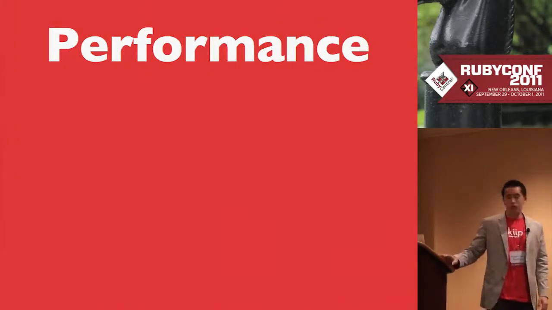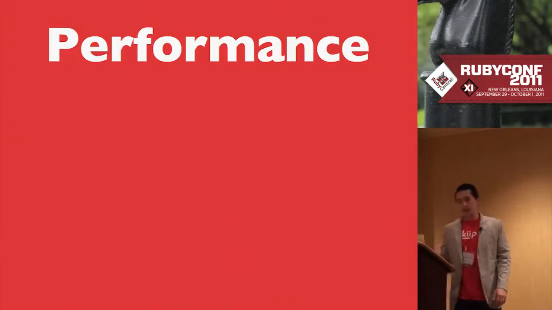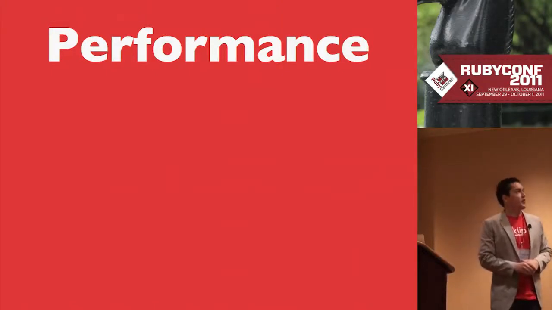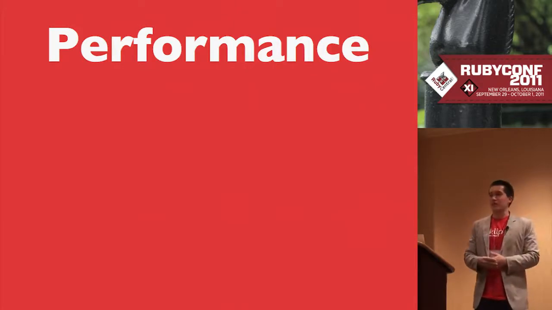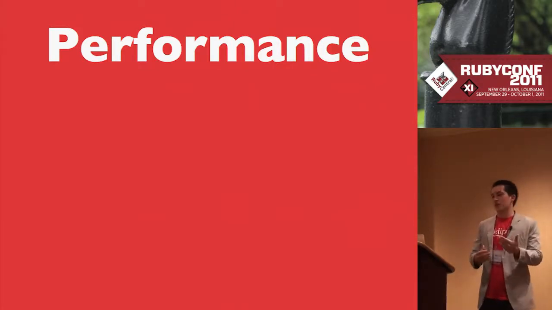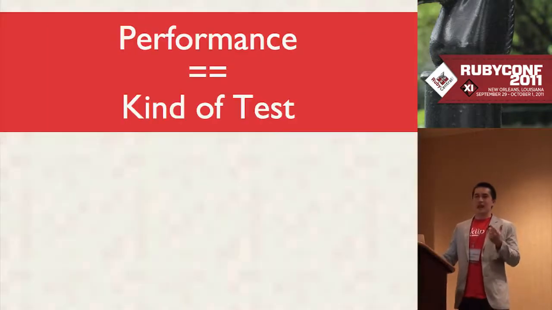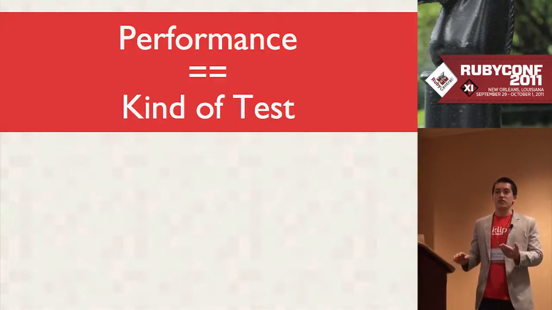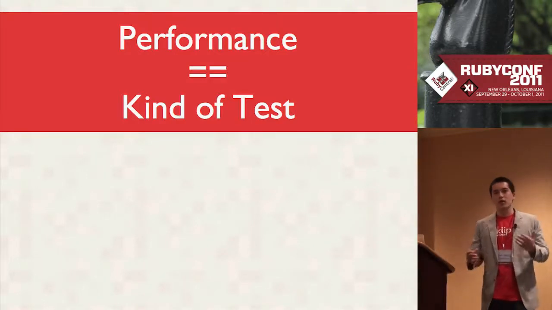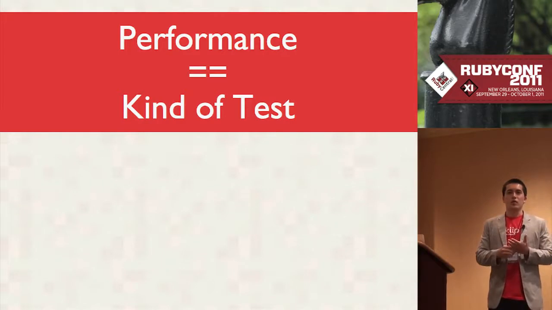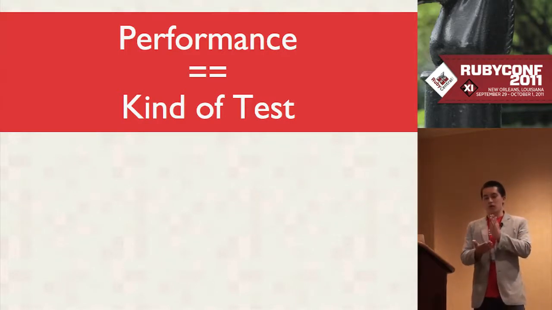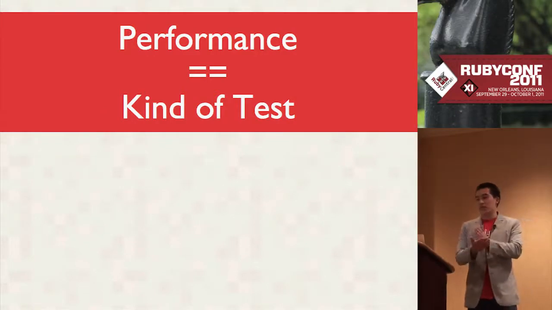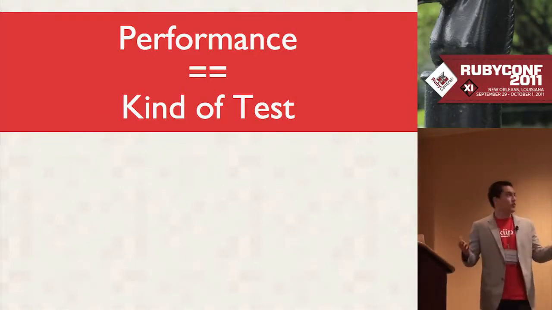Okay, so the third thing I'm going to talk about, or fourth, I don't know, is performance. And when I say performance, I'm not talking about test performance. I talked about fast versus slow tests. I'm talking about performance as a kind of test. In a lot of applications, you would say performance is a feature of the program. In my work, we do mobile stuff, so we need low latency. So our limit is an API request cannot take more than 30 milliseconds right now. That's our limit. So we have tests to assert this.